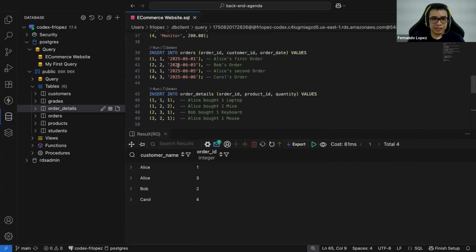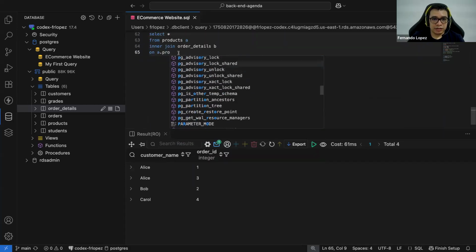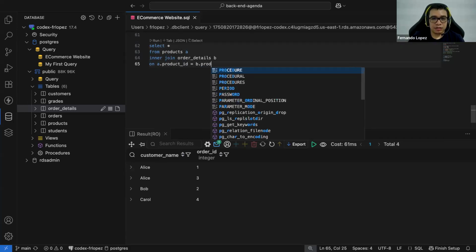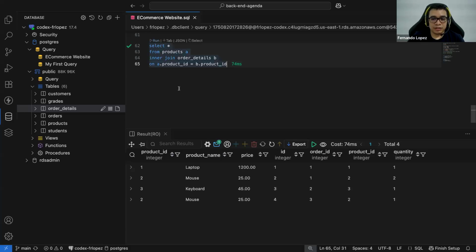Do I have misspelled the word products? No, right. Okay, so we have the product ID with b dot product ID. Let's see if this is running. Okay, so we have here the products that are contained inside of an order.